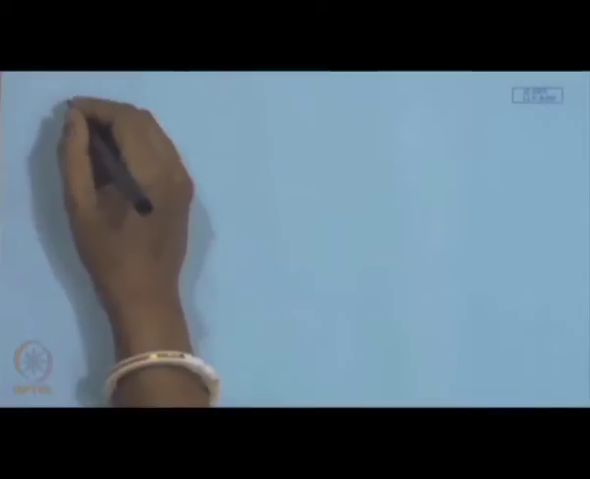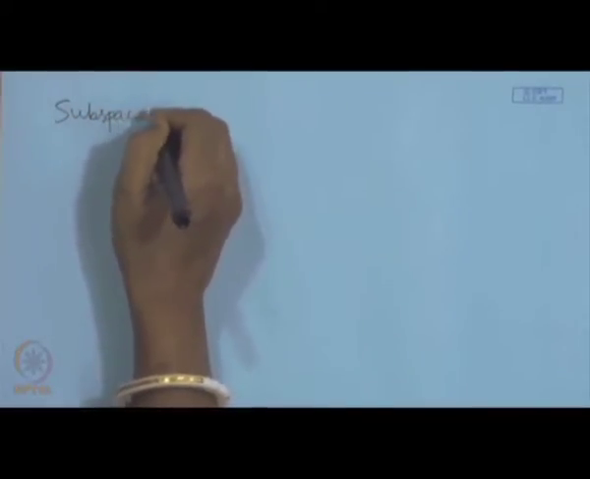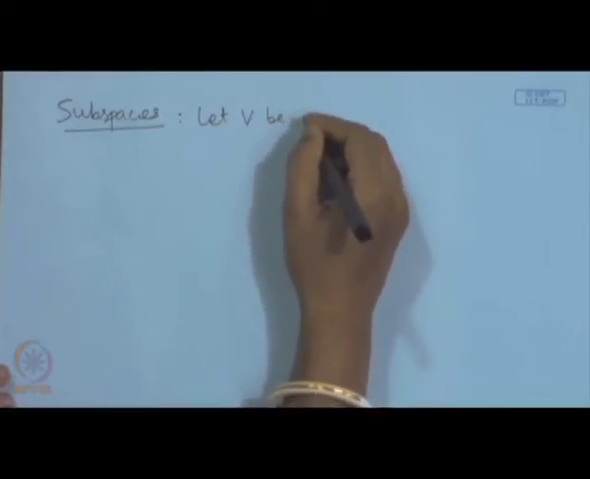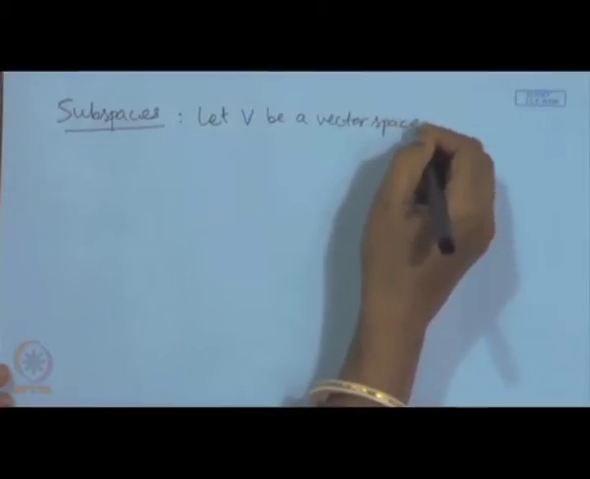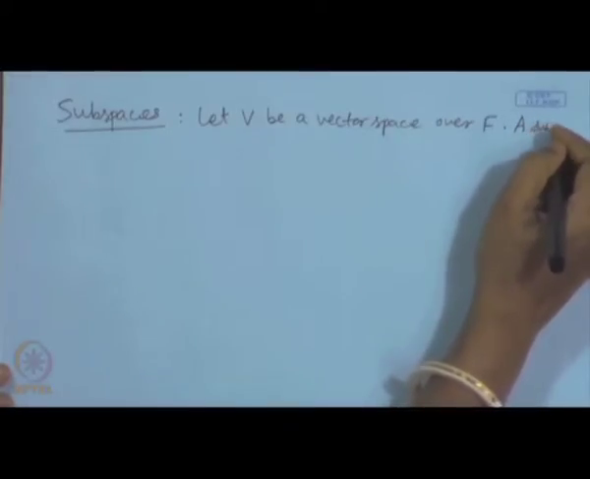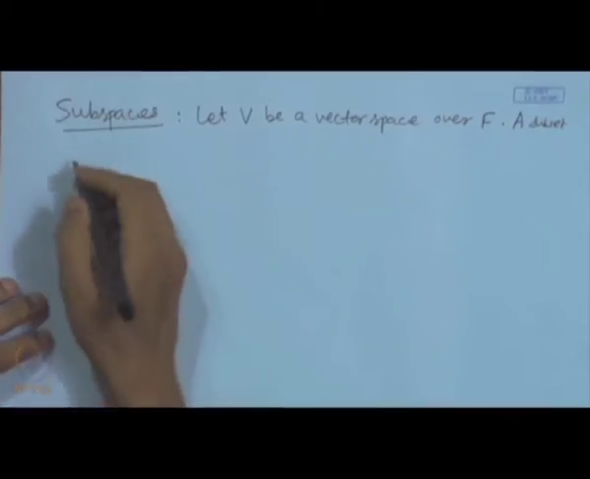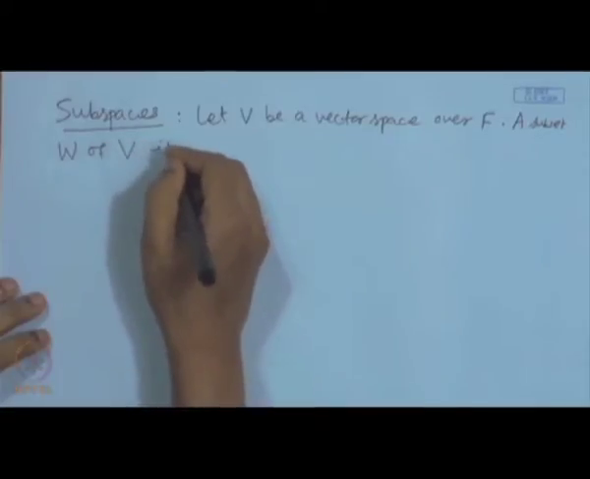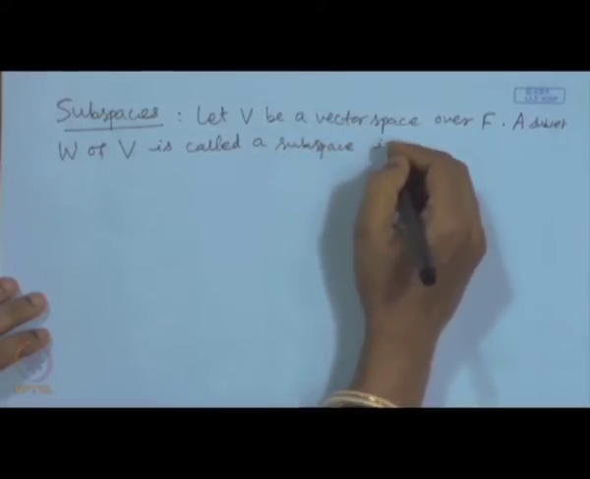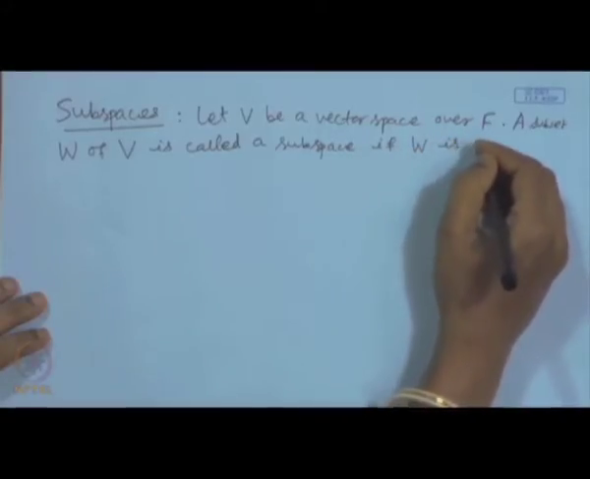So, then next we will have this subspaces concept. Whenever we have some algebraic structure, we have its substructure. So, we will have this subspaces. Let V be a vector space over a field F, then a subset W of V is called a subspace if W is closed